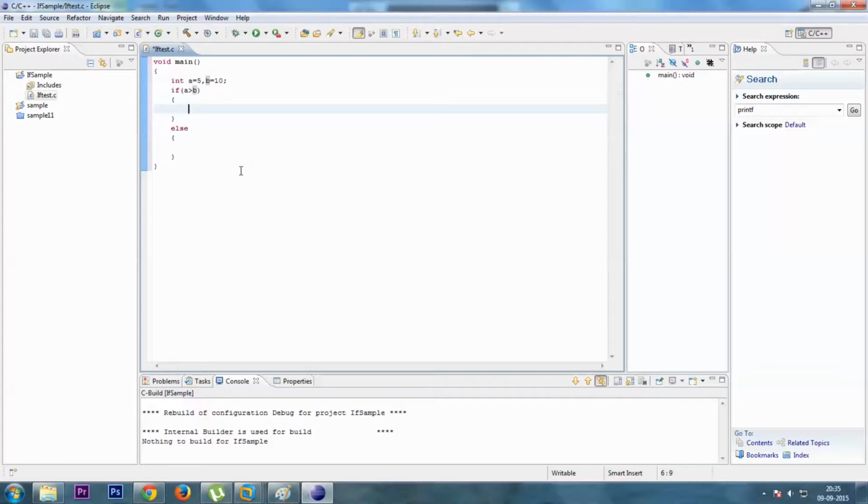then we are going to print the value of a. printf, "%d is greater". That means we are saying print the integer value saved in variable a. Why? Because we are taking the decision that if a is greater than b, then print this statement. Else,